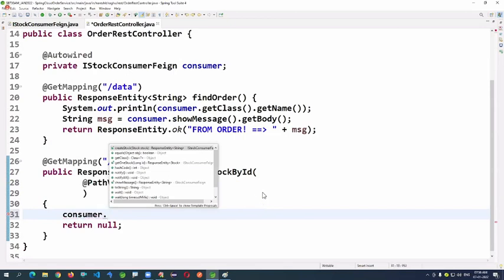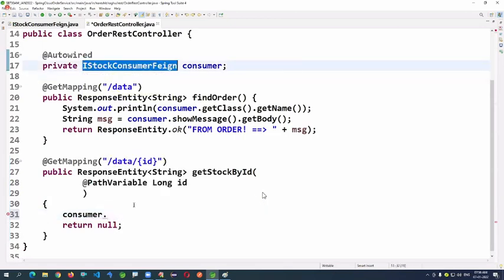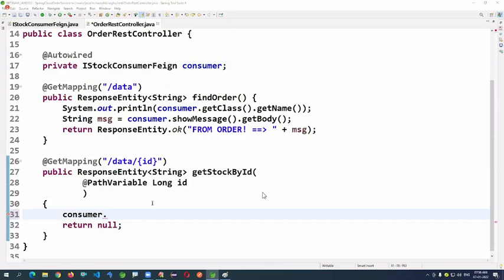Already we added the consumer Feign. Just I'm calling the methods here.